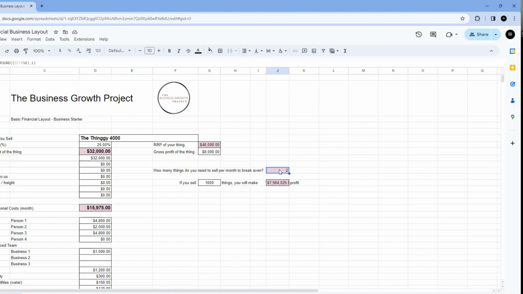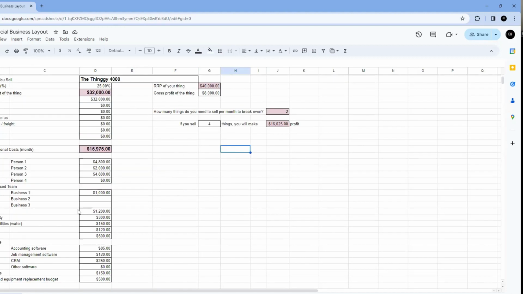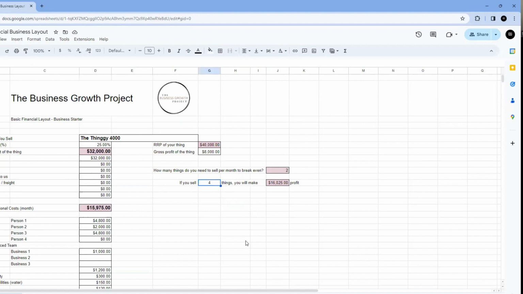Now we need to sell 2 of these items per month to cover our costs. So we're going to go back to 4, which was our initial target. When we basically launched, we wanted to get to 4 units per month as our base hold rate in the business, our baseline to build from. So with this arrangement, we had our target of 4 units per month. We know we have to sell 2 units per month just to break even. But if we could get to 4, then we have a monthly profit of about $16,000, which is good, especially